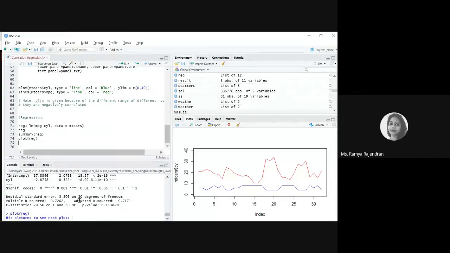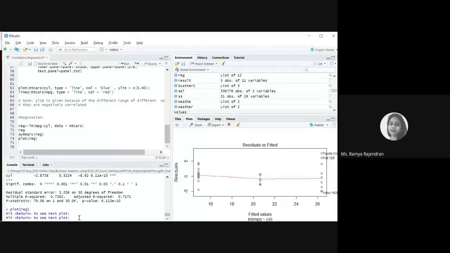When you plot your regression, there are four different plots you can generate. You just have to hit enter to see the first one, which shows your fitted values with residuals, I mean the errors.